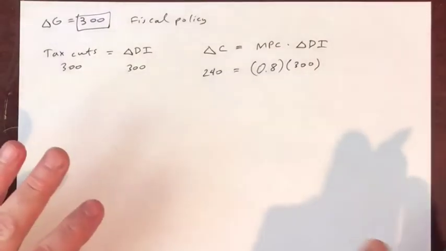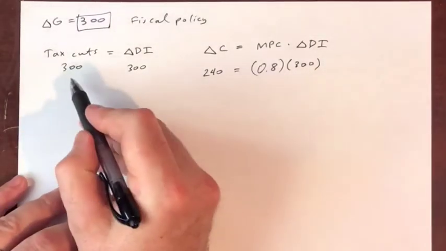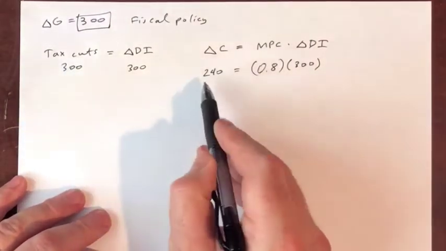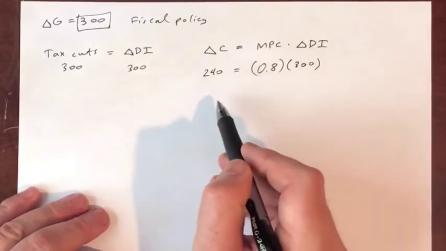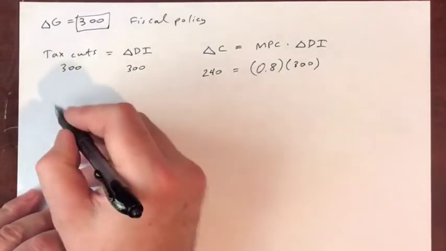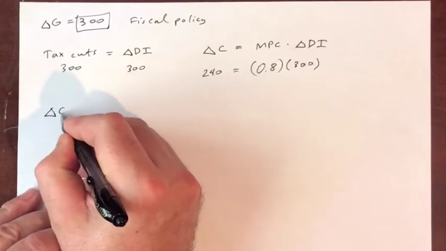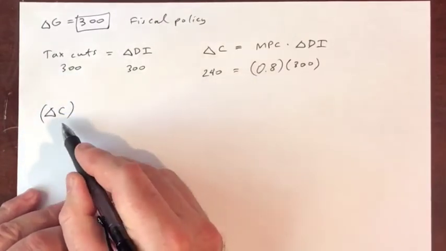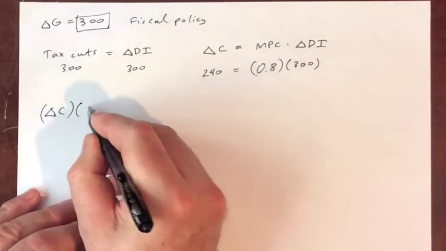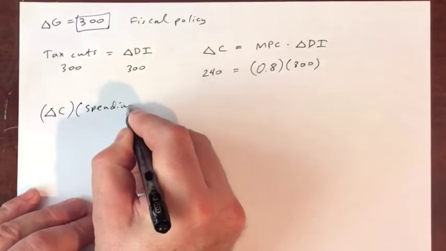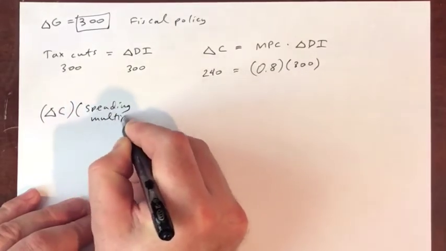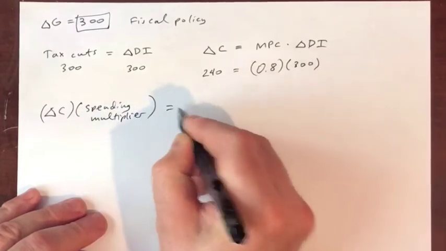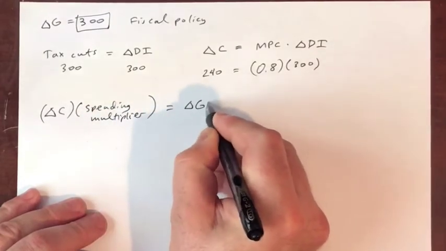So the bottom line here is for the same size tax cut, we're getting less spending out of it, right? 240. We are going to work this through our same formula. Our initial change in spending, this time it's a delta C, times the spending multiplier